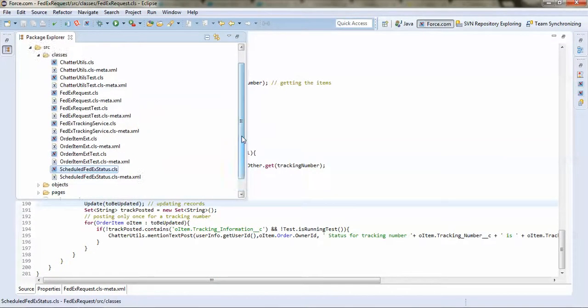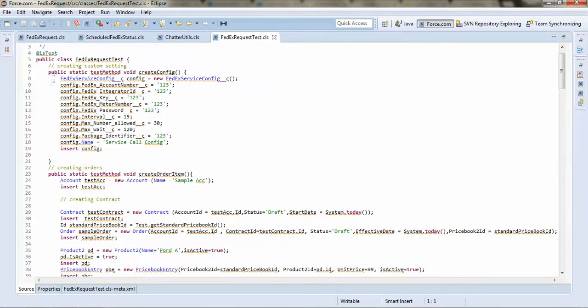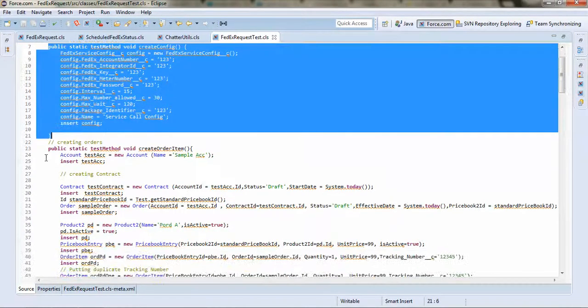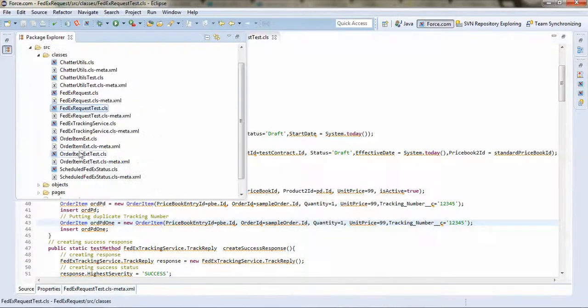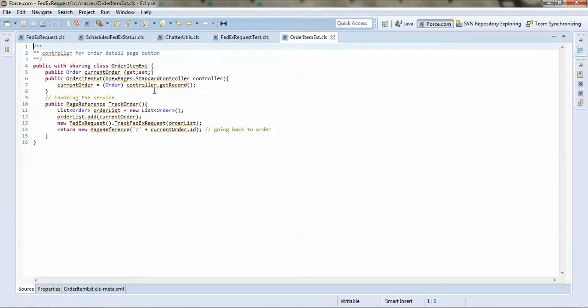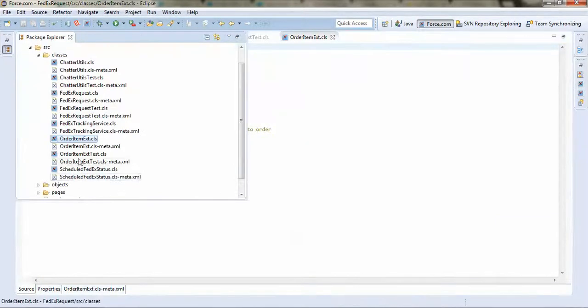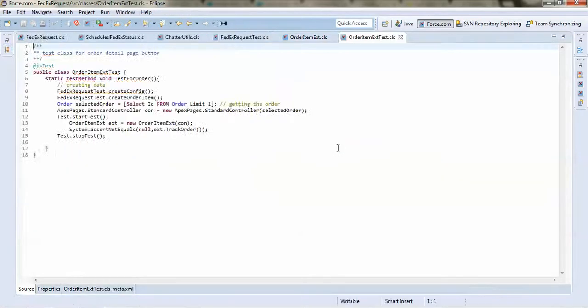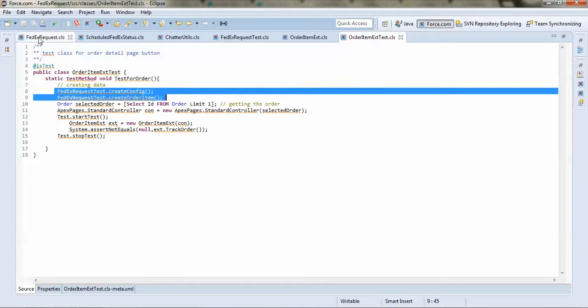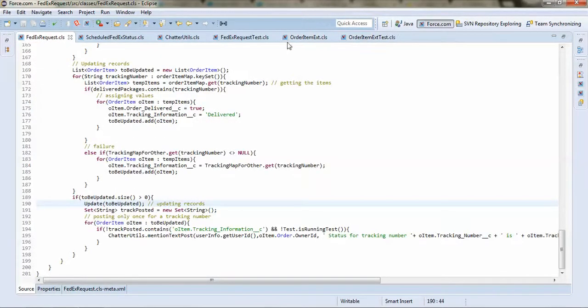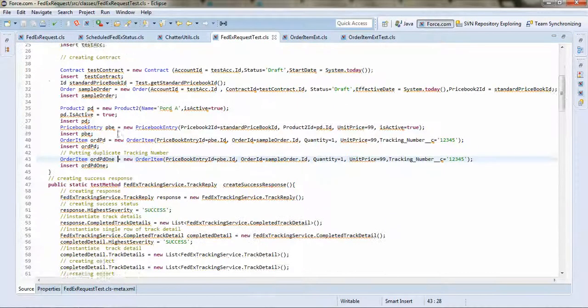Now coming to the test classes, this is the main test class where I have created some public methods to create data so that it can be reused from others, as I'm also using it from this order extension class. This is required for overriding the detail button. Here I am using this test method so that it will be reused anywhere.